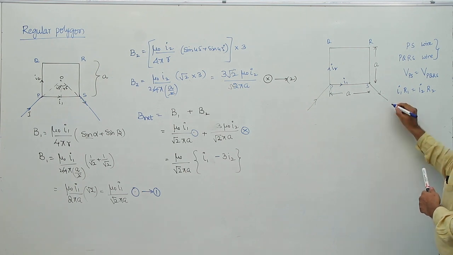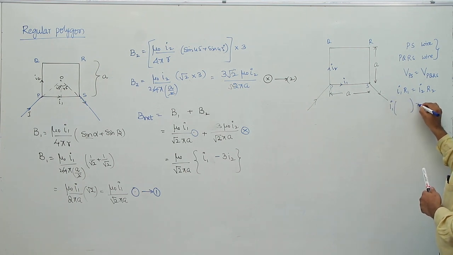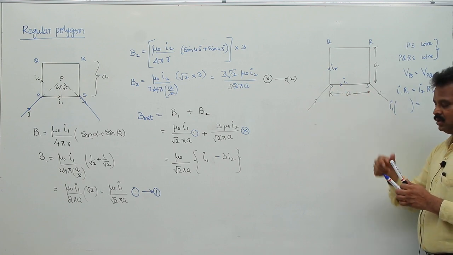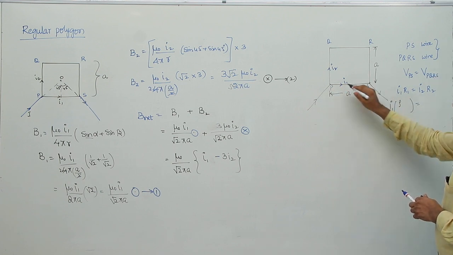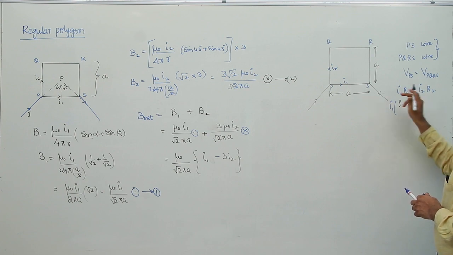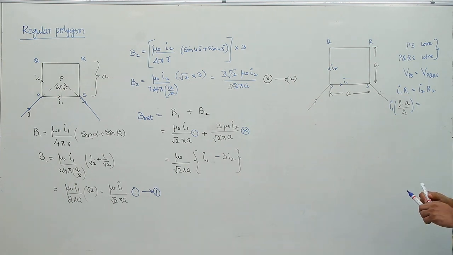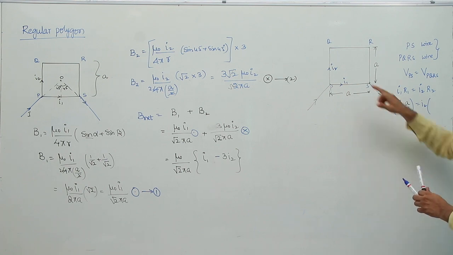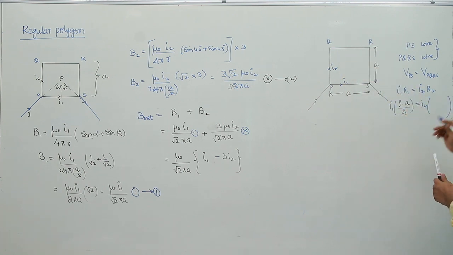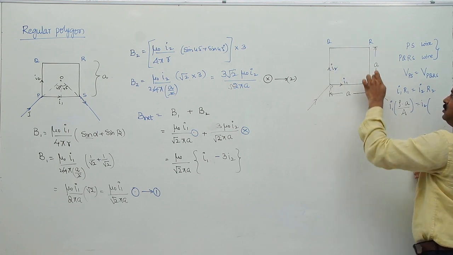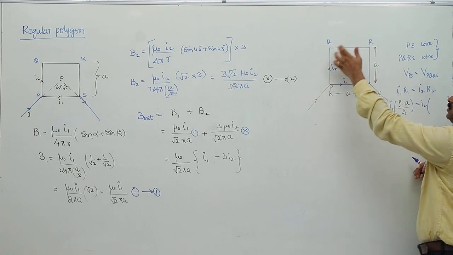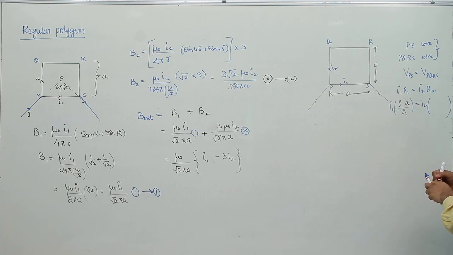So I am going to write I1 as it is. But what is R1? Resistance of the wire between S and P. Let us say the resistivity of this wire is rho, length of this wire from here to here is A, and area of cross section not given, let us say it is capital A. Similarly, I2 into what is the resistance of this wire? You can see this wire length is L, this wire length is 3A or 3L. If it is A, this is 3A. So we can write rho into 3A, the total length of this wire, by total area of cross section A.